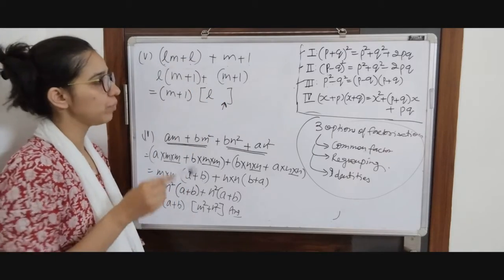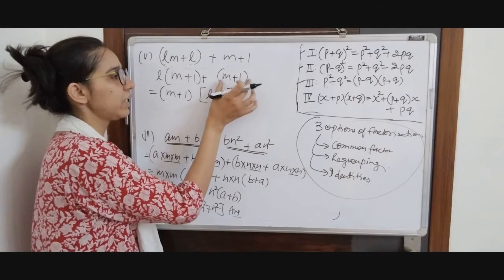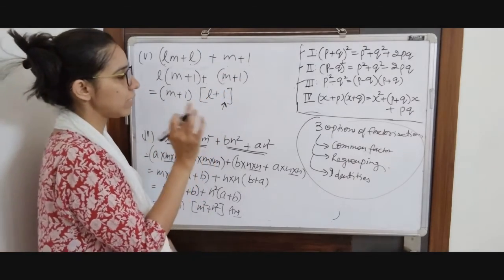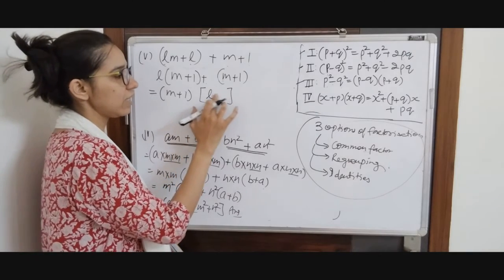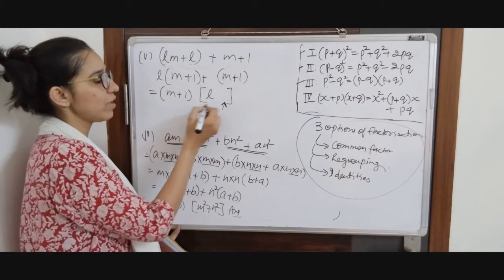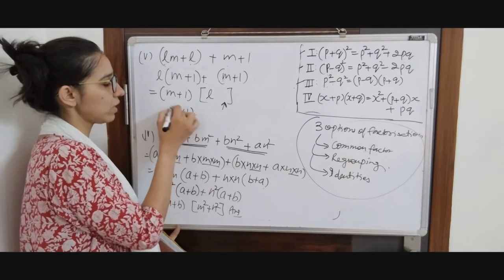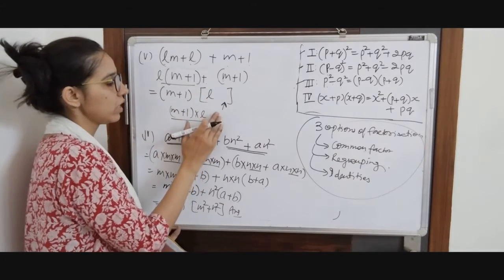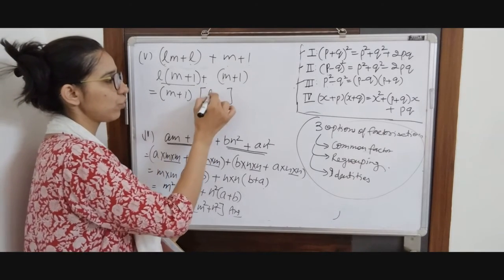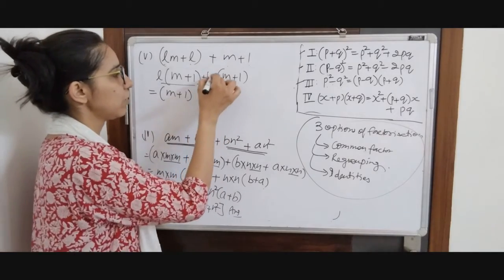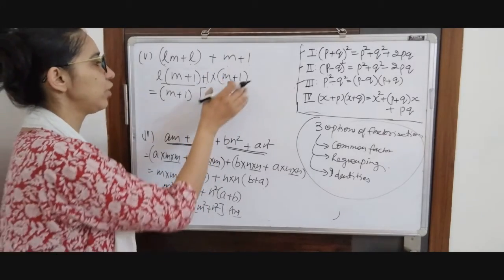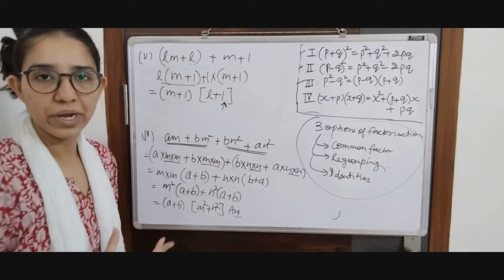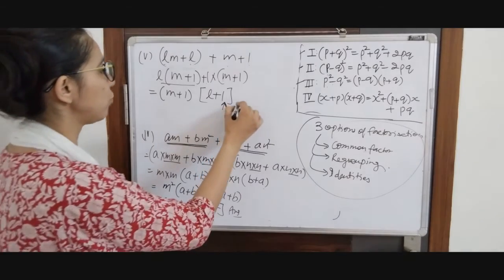It will be wrong because if you are taking m plus 1 outside, it is going to be this. Otherwise also you can check that if you put l here, and when you open the bracket, you will get m plus 1 into l, just this term, not this term. So when you are opening the bracket, you will have to put 1 here. So remember this, if you are taking the whole of the term outside, you are going to leave 1 inside the bracket. So this is going to be the answer.